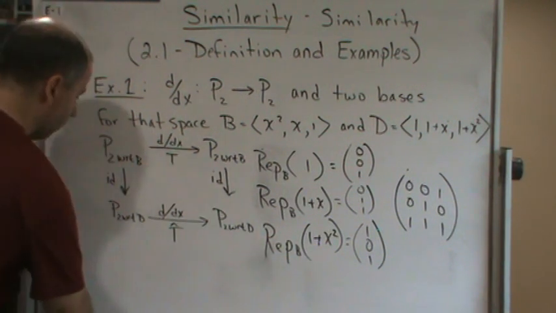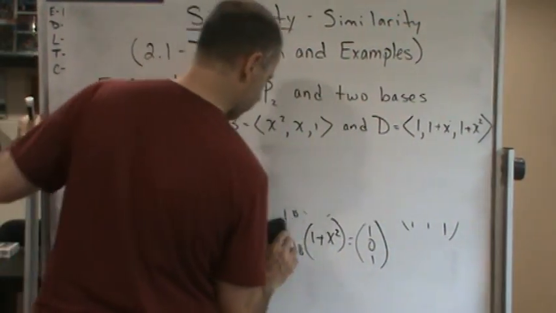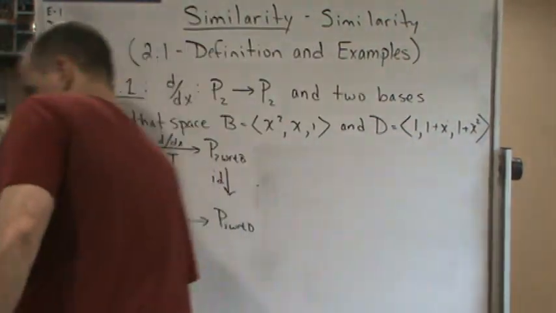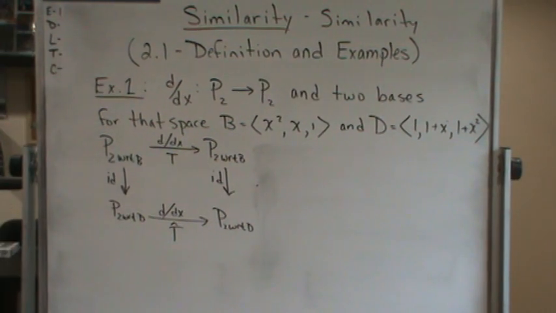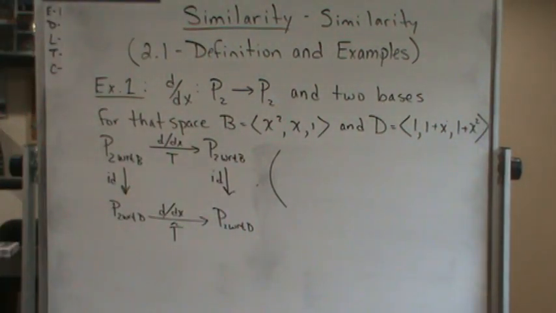So let's do that. Now, how are we going to set this up? I'm just going to set this up for you, and then you can verify it on your own. So we're going to take P,